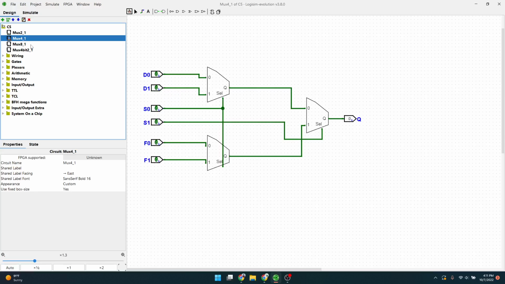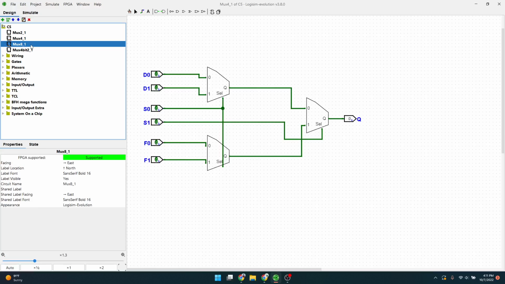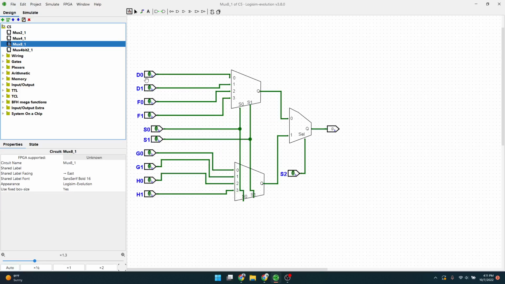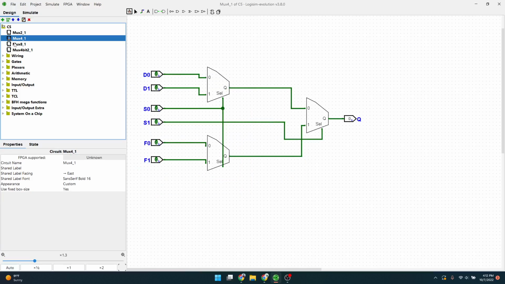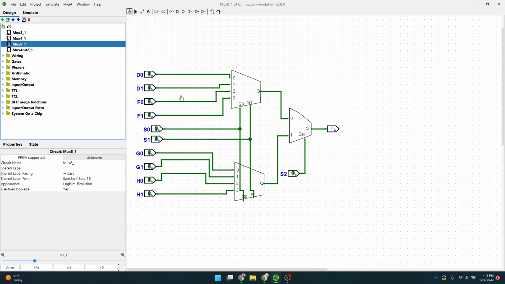And then with the 8 input MUX, it's just another version of that. Now those 2 inputs, whatever these 2 are, can be selected by this can be selected by 2, this can be selected by 2, this can be selected by 2, and this can be selected by 2, which makes it 8. But we still only need, oh yeah, so now we need 3